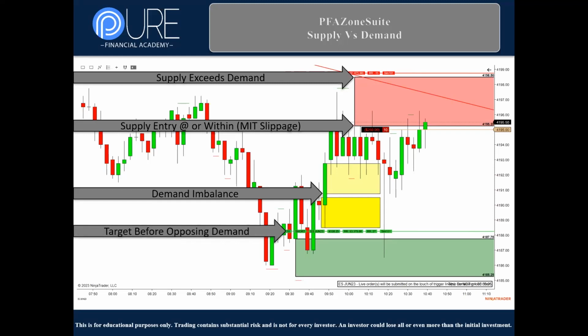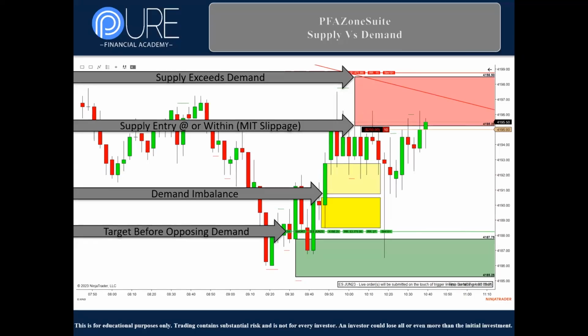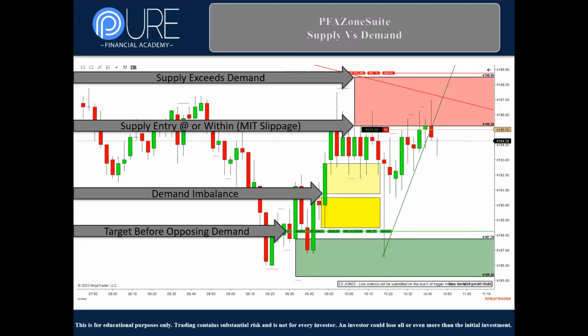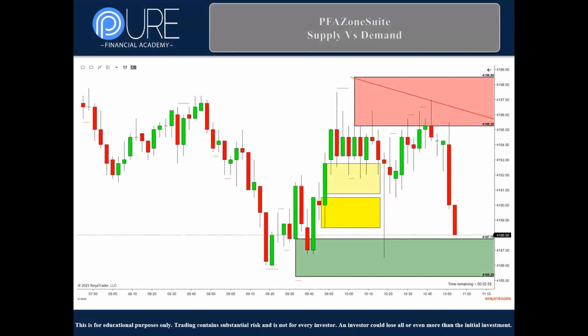And then we have the target. So if we're going to set up the entirety of our trade, we have a target before the opposing demand. So if I'm entering at supply, I want to exit at demand, and so on and so forth. Okay. We're moving forward into the trade. And then you can thereby see the conclusion, okay? So the reason that we exit, by the way, if we're going to enter at supply, we exit at demand, is because we expect a bounce, right? So where demand exceeds supply, I expect to see buyers maybe at least push back a bit, right? Where in the inverse, okay? Where supply exceeds demand, I expect to see the sellers push back and so on.